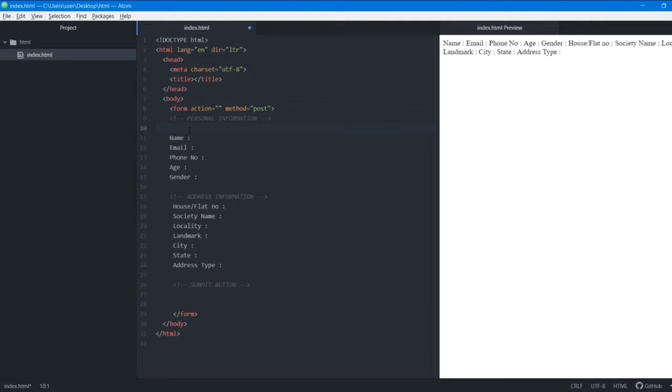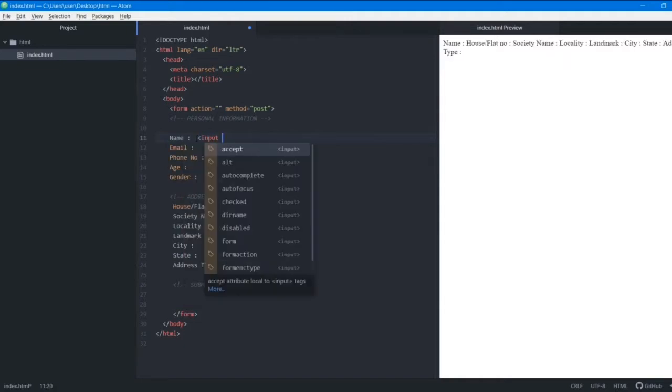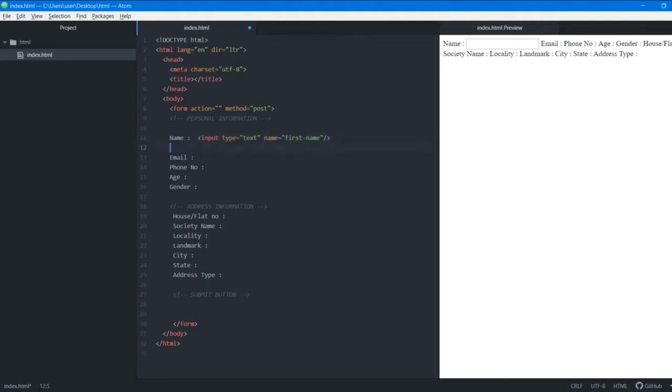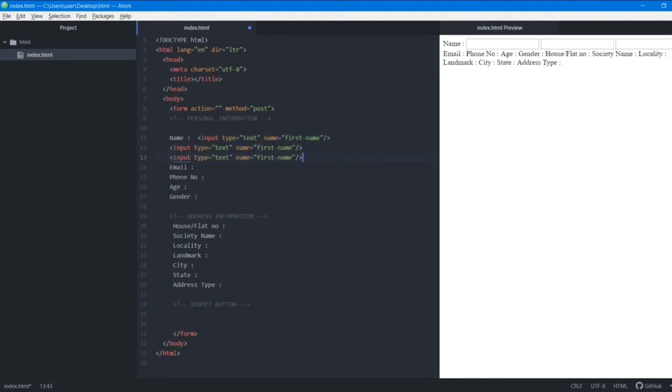Okay, so now the first thing we want is to input a name. We know how to do that, right? Input tag, then we use the type attribute, that is text, then we'll give it a name, let's call it first name, and we'll close off this input tag. Now I want two more blocks like this for middle name and last name. So I'll just copy this and paste it 2 times. I'll change this to middle name and this to last name. Alright, and I'll add 2 line break tags, so that's proper structuring.